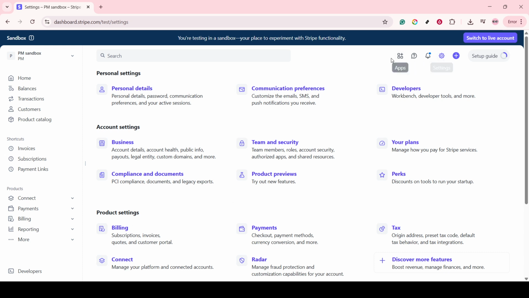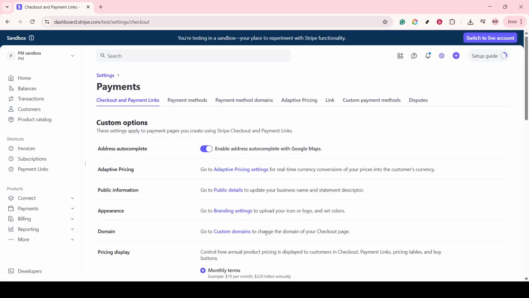Once you're in the Settings menu, look for Payments under the Product Settings section. This is where you'll configure payment processing options to suit your business needs. Next, you'll want to direct your attention to the Payment Methods section. This is a crucial step as it allows you to manage and view different payment options that your Stripe account